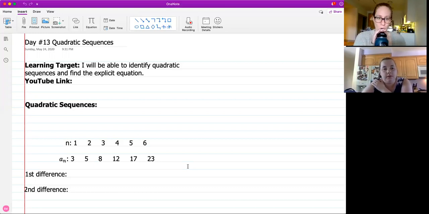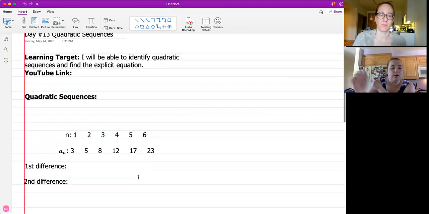So we're talking about quadratic sequences today, and we're going to do an example, and then that will be it. It's going to be a little bit longer than it has been the past couple days, but it still shouldn't be too bad. It'll be fine. Okay, so we're going to talk about what a quadratic sequence is first,